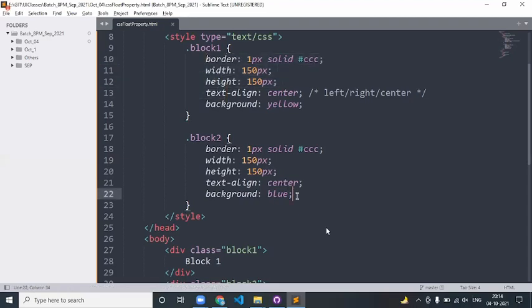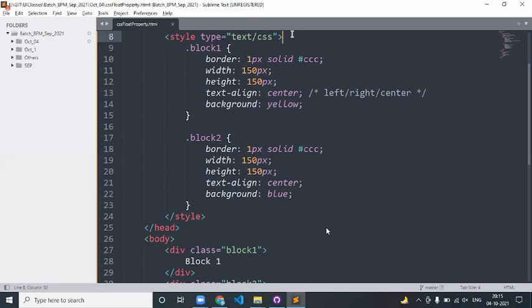So how do I avoid the duplication or redundancy? There are two ways, guys. The very first one is whenever you see multiple classes having the same properties, take out the common properties and create a separate class out of it.